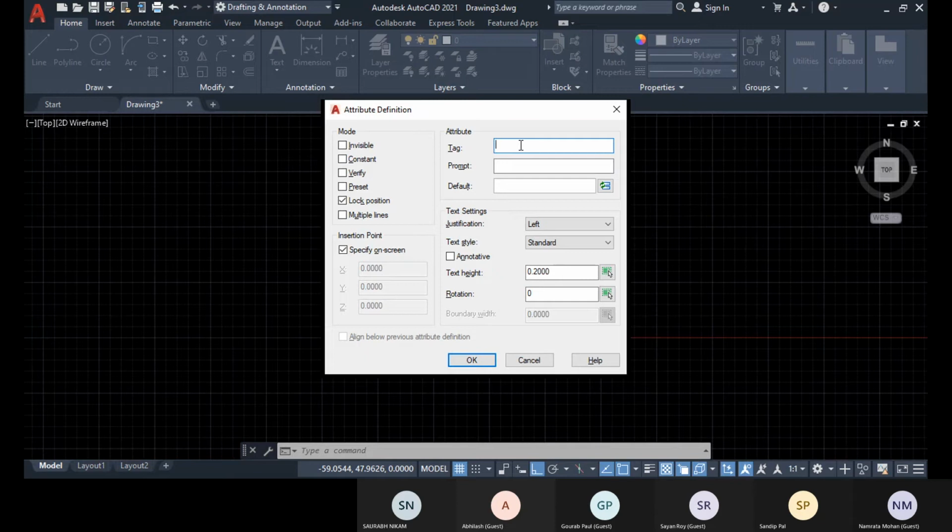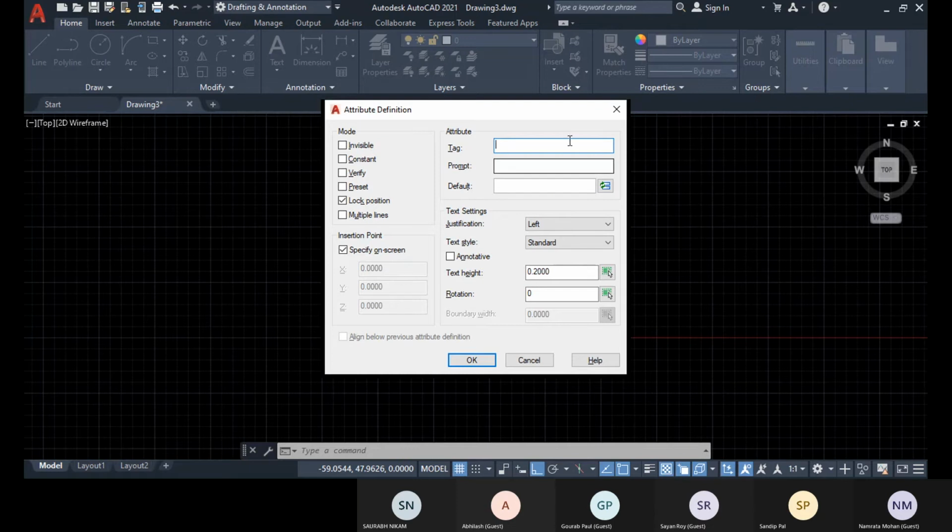When I convert it into a block, then we will see only the default value, and after converting into a block, only this default value is variable. This can be changed only. And what about the prompt? Prompt is the definition for the default. So accordingly, you have to mention it in this prompt.